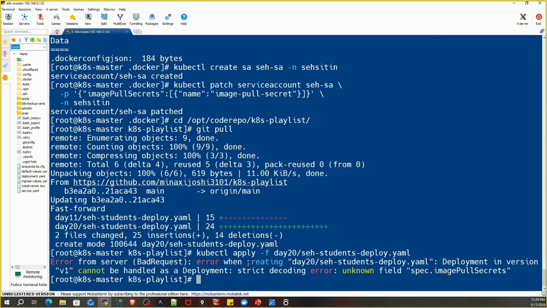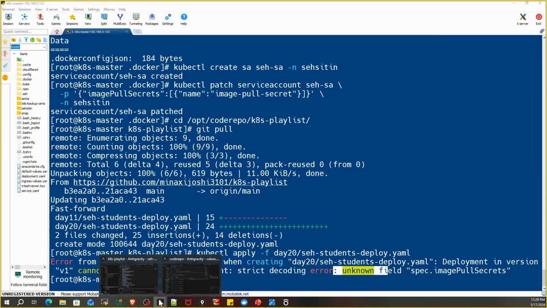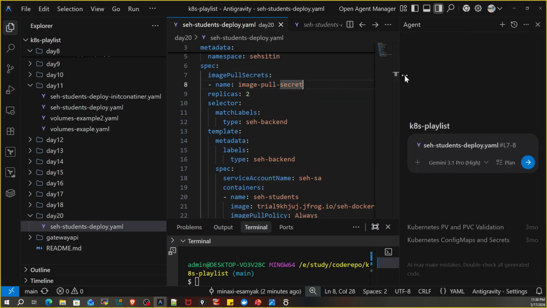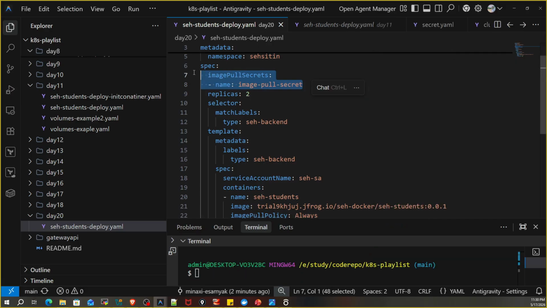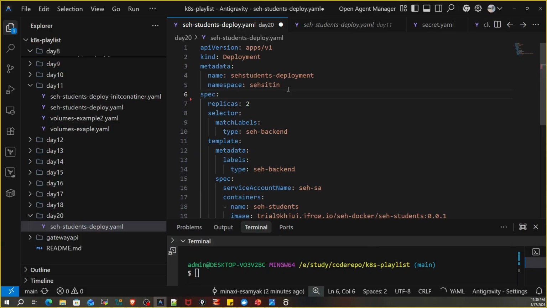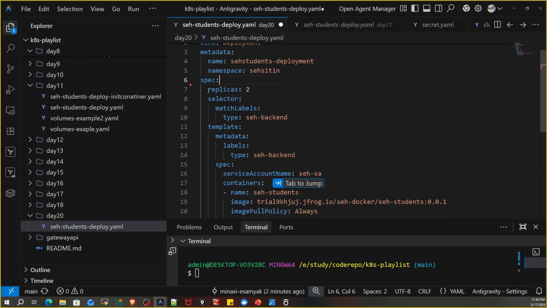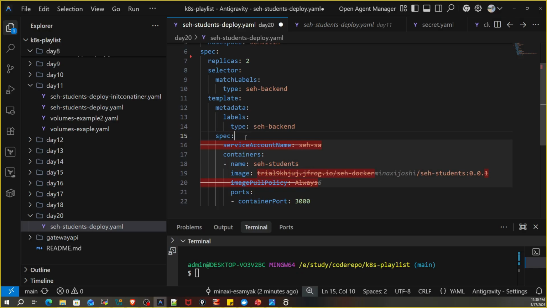So here we are getting the error that spec.imagePullSecrets unknown field, means image pull secrets is placed in the wrong location. So let me correct that. It should be inside spec, then template, then spec, and here.